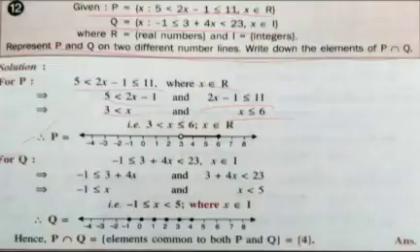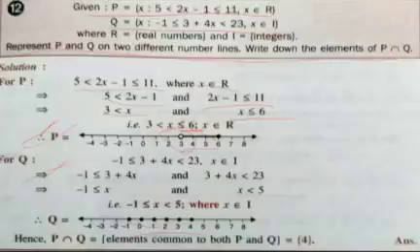So like this you have to plot it on number line, and for Q also you have to solve it like that. Same only. No differences there. Just we have to plot it on number line. Here we have plotted the numbers on the number line, and here we have done 3 is less than x. So 3 we have done hollow circle, and 6 this side number we have done darkened circle. Like that you have to do.